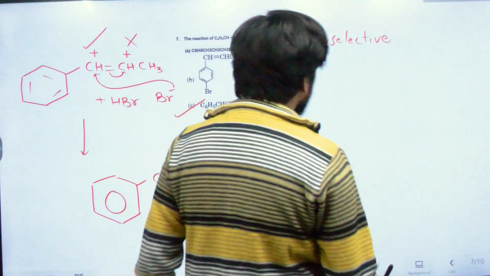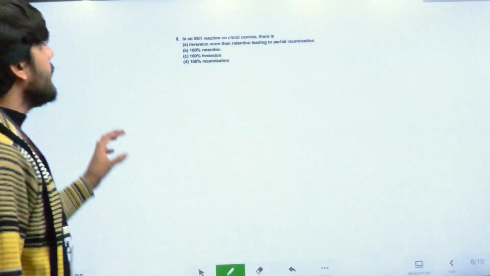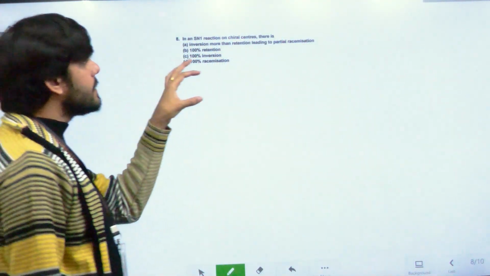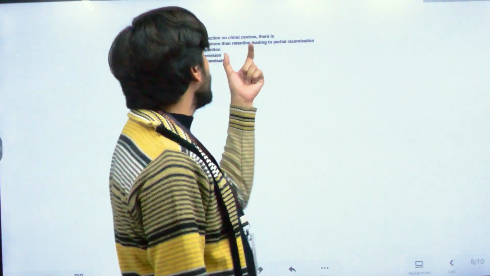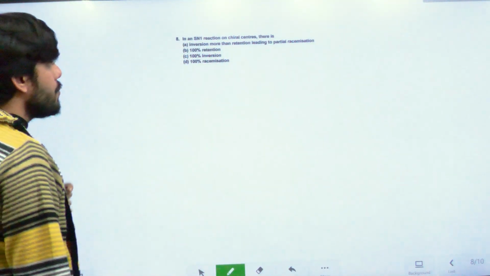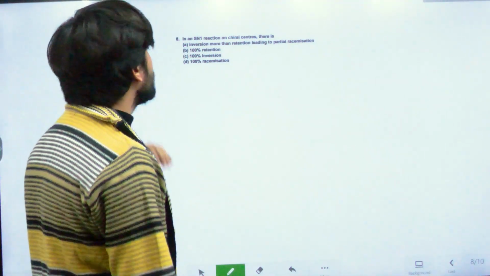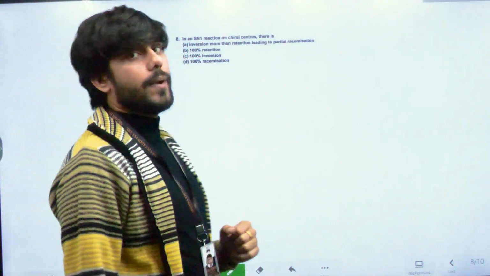Clear? Check. So the next question is, in an SN1 reaction on chiral centers, there is inversion more than retention leading to partial racemization, 100% retention, 100% inversion, or 100% racemization. Now,